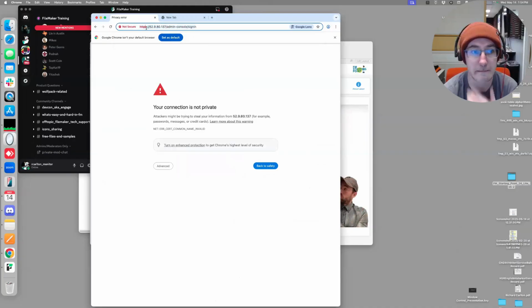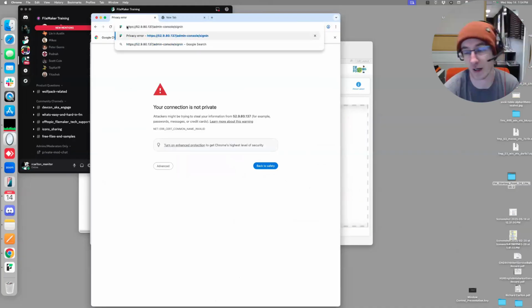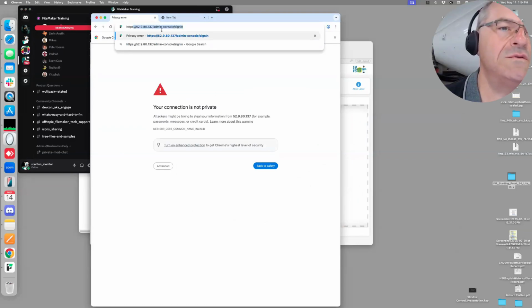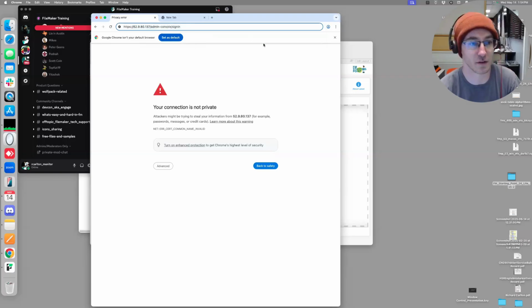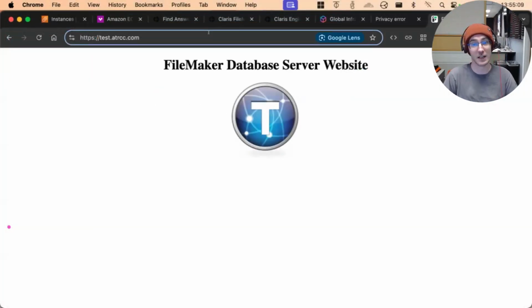Oh, it got mad at me, or just changed the HTTPS. I'm failing. It's my bad. Do I have a DNS over here that I'm supposed to use? There we go. This was my bad. Sorry, I was doing a bad demo. SSL demonstrated.